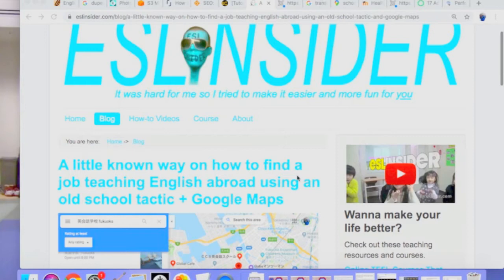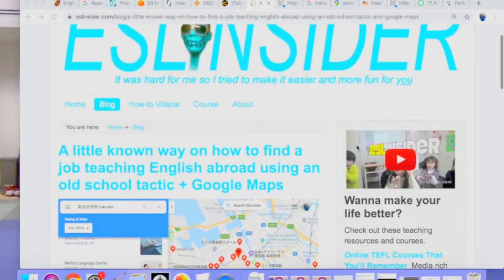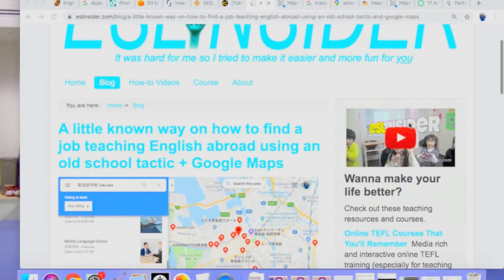abroad. Now, yeah, there's different ways of finding a job teaching abroad. You either can go there or try to line it all up ahead of time. Now, if you're the security-minded type of individual, then you're going to want to line it all up ahead of time. And some countries are better than others for doing this. But there's a lot of misinformation out there. Like I go to some forums and whatnot, and I see people saying